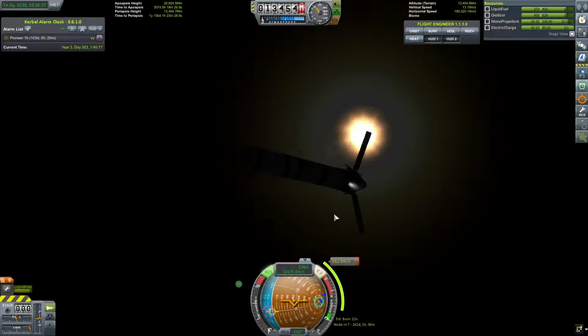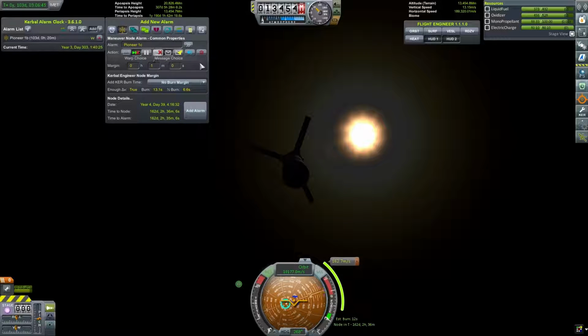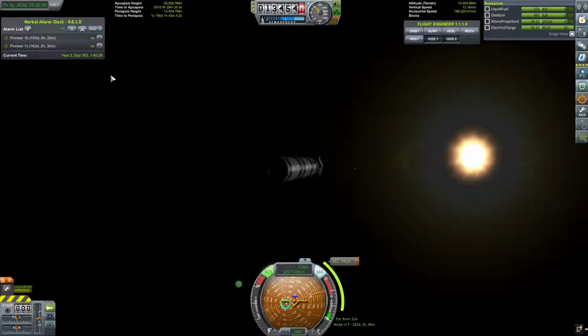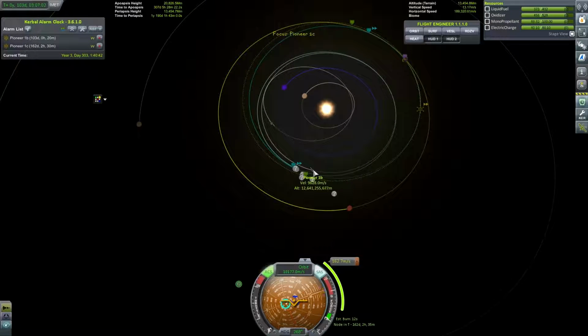It's now a lot easier to move the ship around. So it's 162 days, okay. Well, we'll add an alarm for that. The margin will be 3 minutes again. Actually, we'll make it 5 minutes. And we'll add that alarm. Okay, so Pioneer 1C is 162 days, but now we can switch to Pioneer 1B,